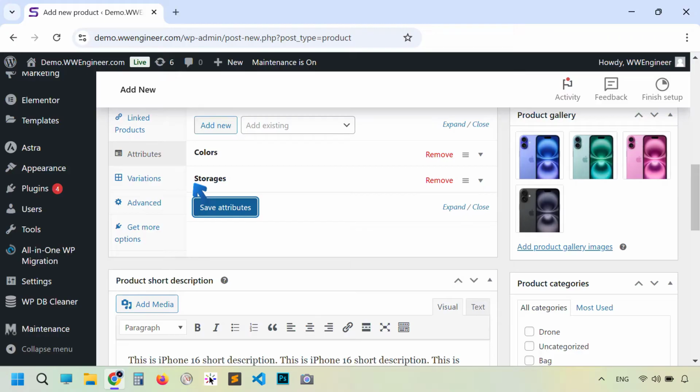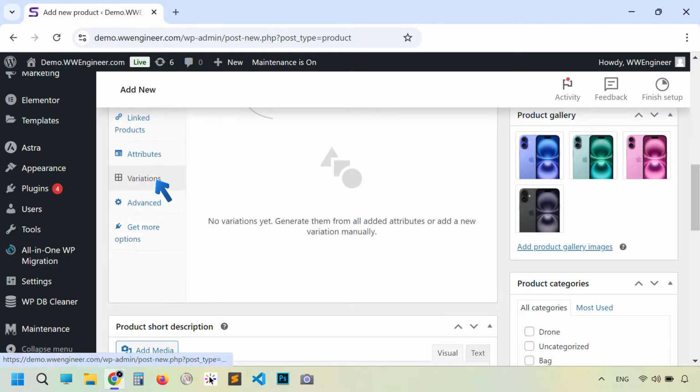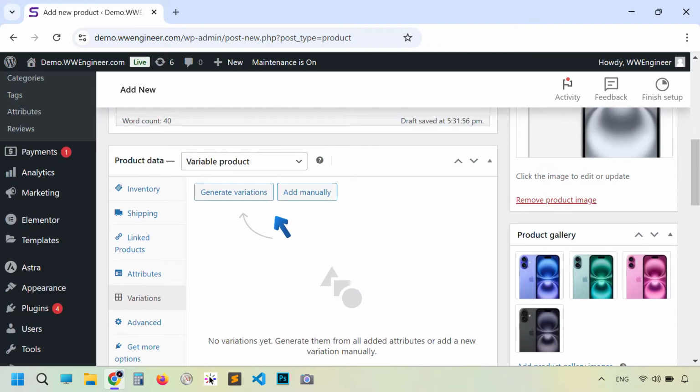Even if you want to create all iPhone 16 variants in a single product, then you can do it like this: iPhone has 16 Plus, 16 Pro, 16 Ultra Max Pro, like this. Okay, for now I'm going to create variations, and here you see we have